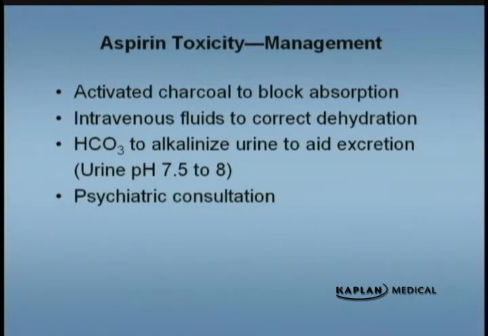All right? If someone comes in with aspirin, we are going to use the orogastric tube and do gastric lavage if it's less than 2 hours with a significant ingestion. We are going to give charcoal to try to block absorption. Once the aspirin's already absorbed, this is one where we're going to correct their acid-base balance and give bicarbonate IV. We want to get a urine pH of 7.5 to 8. If the urine pH is 7.5 to 8, we're going to maximize excretion of the aspirin from the body.